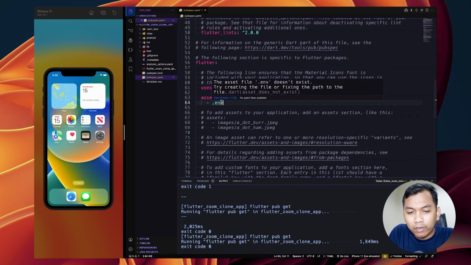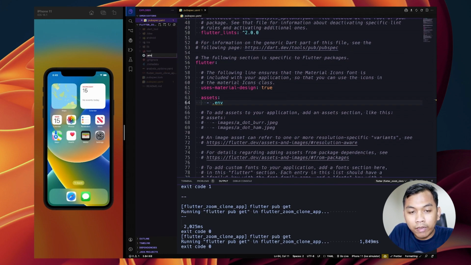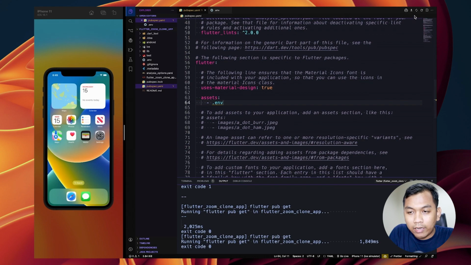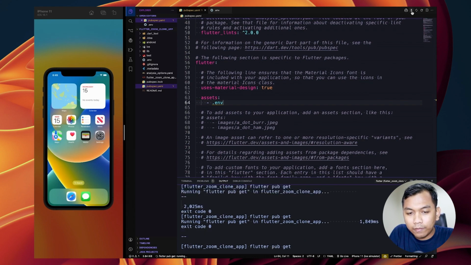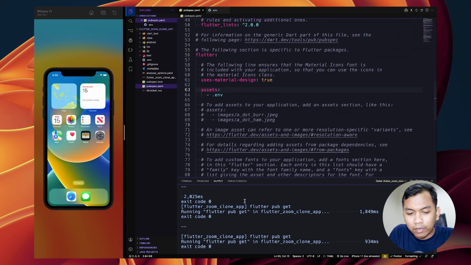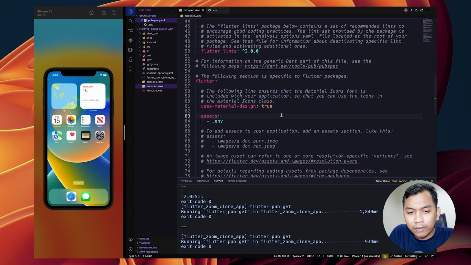When we hover here, the asset file doesn't exist. So let's create a new file here, name it .env, and try again, get packages. And as we can see, we have successfully added .env inside our project.